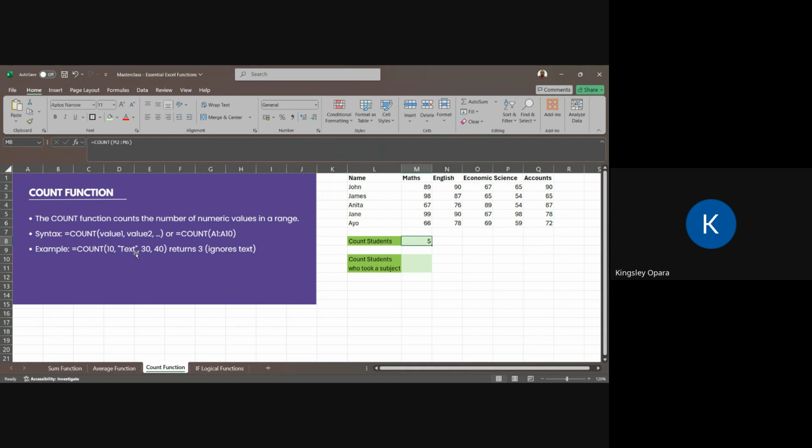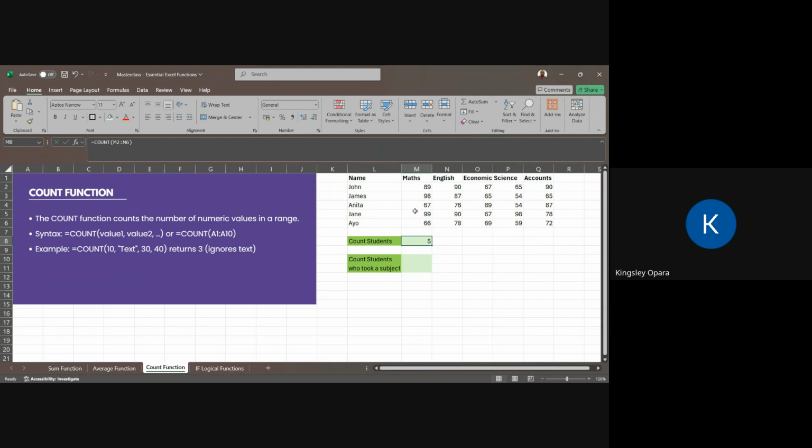Now, there is a hack or a trick to this, and that trick is what is known as COUNTA. If the count function counts only numeric values, there is another function. I've shown you a trick on how to count the students, counting those who took part in a maths test.